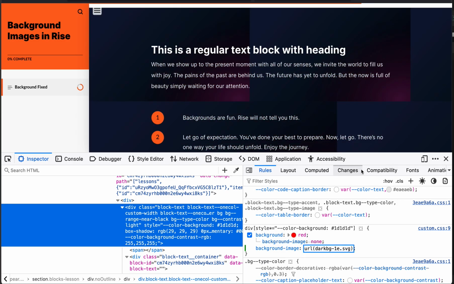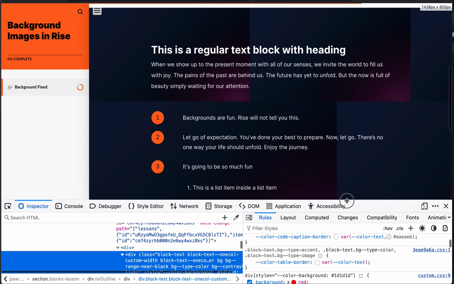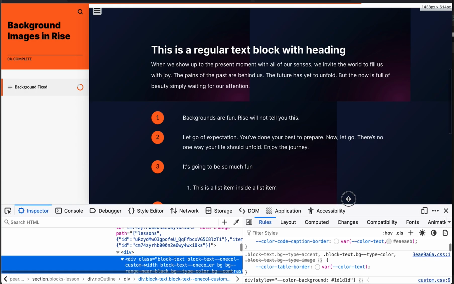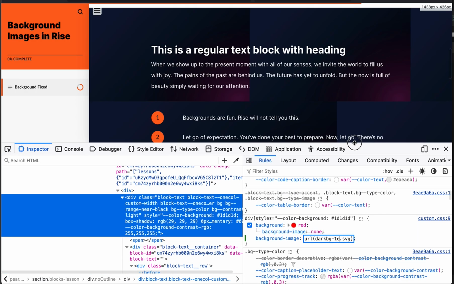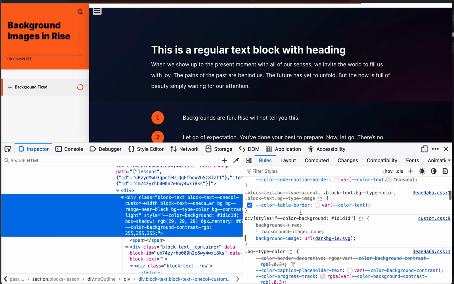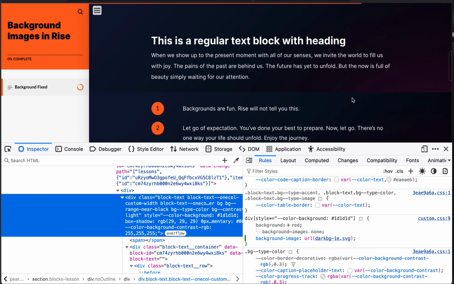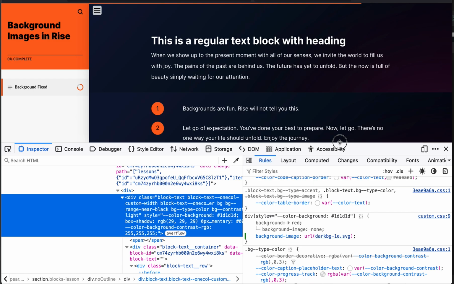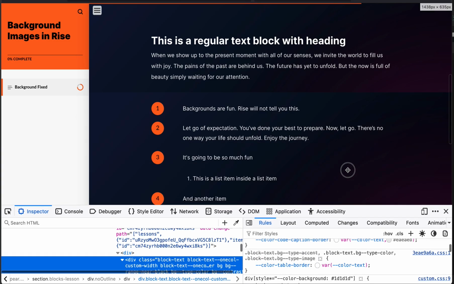Okay, now you can see my image, but of course it doesn't look very good. It's completely the wrong size. I'll take off the red there. Now you can see we're basically back to where we were